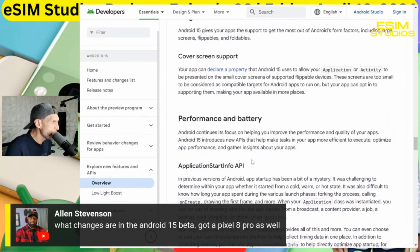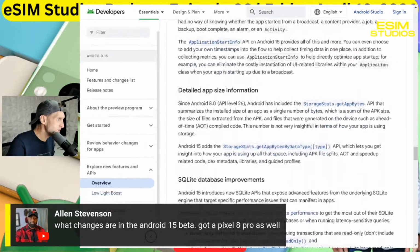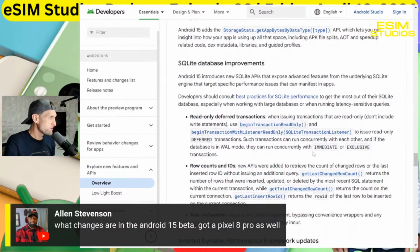You're also going to get performance and battery, so you will get a performance boost. You will get battery life improvements. I think I've seen an improvement on my battery life. Haven't really paid that much attention to it, but they're saying that is the case. Let's see what else we got. Detailed app size information, SQLite database improvements,